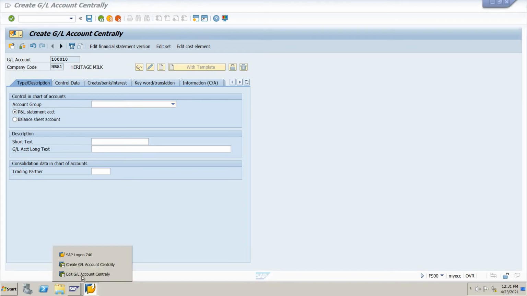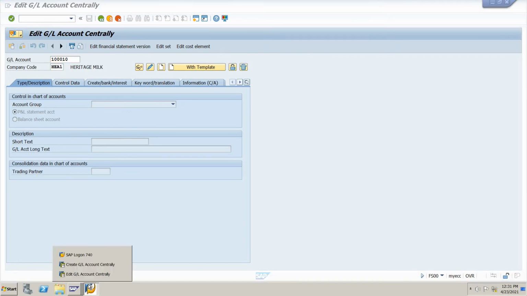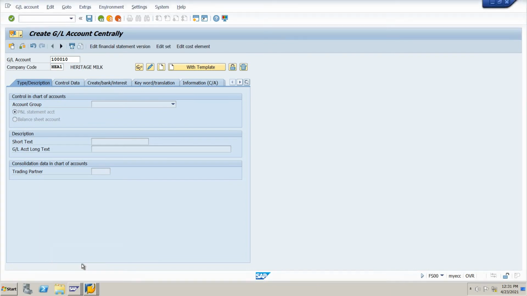I have already opened another screen here. First I opened through the consultant screen, so it is open like create a GL account centrally. But if I open the same page in another session, it will show edit GL account centrally.